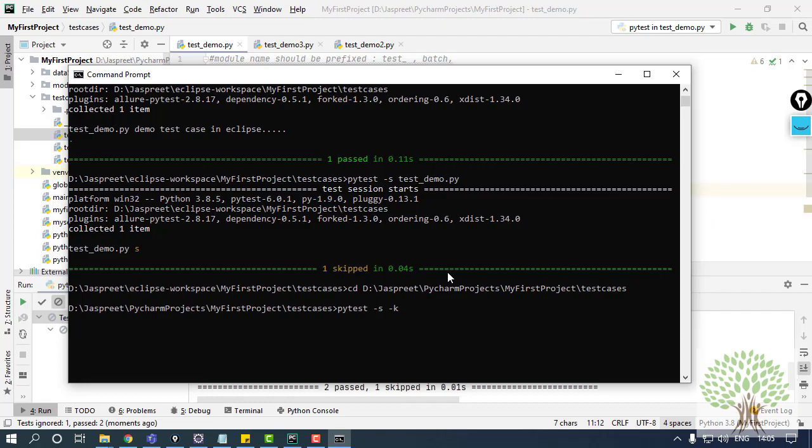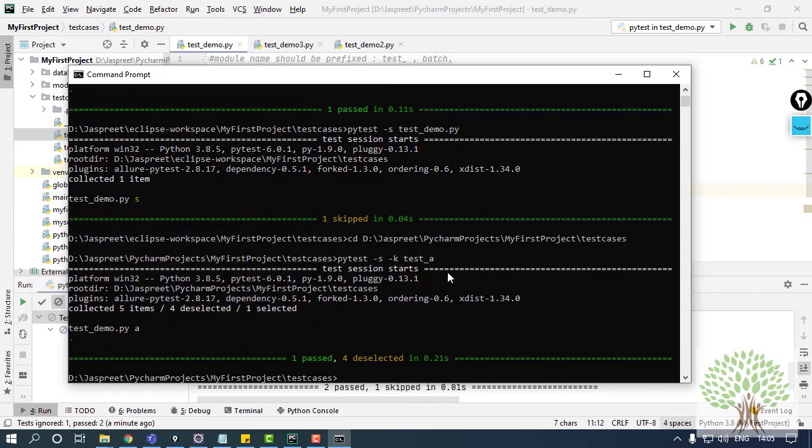Now this -k marker is going to specify that you are going to run a specific test case from a whole module. So I'll give the test case name over here, that is test_a, and I'll press enter. So now out of the whole package, it looked for the test case name test_a and ran it for me, and the rest are deselected.